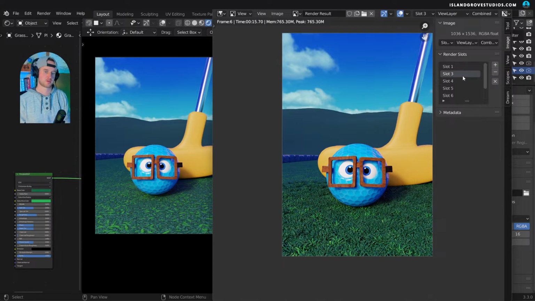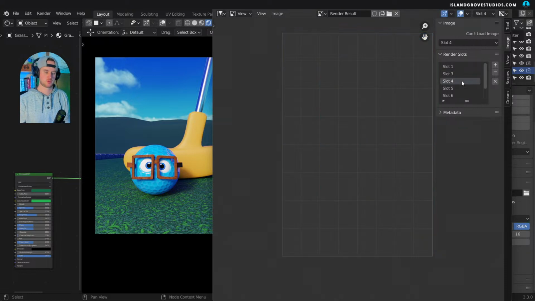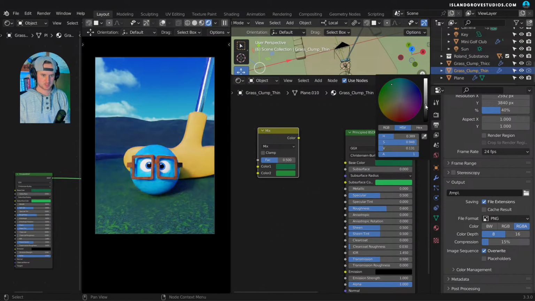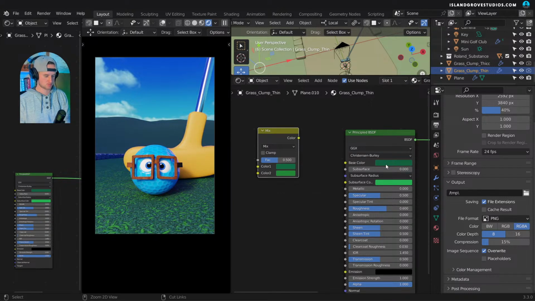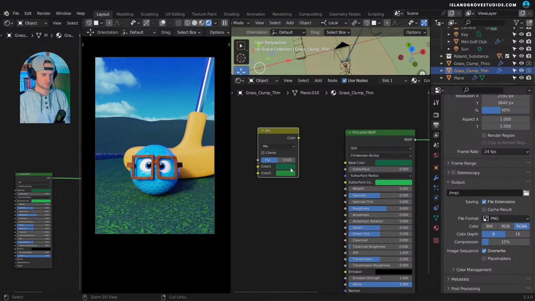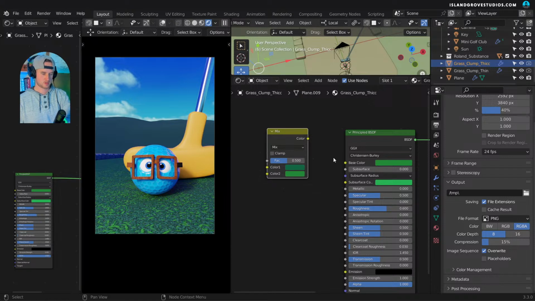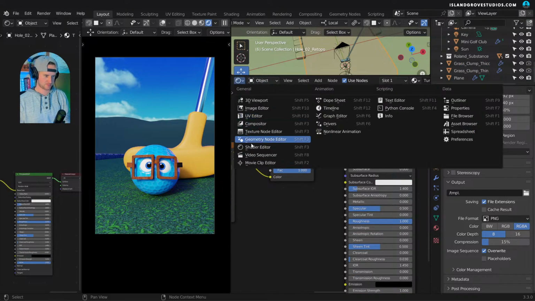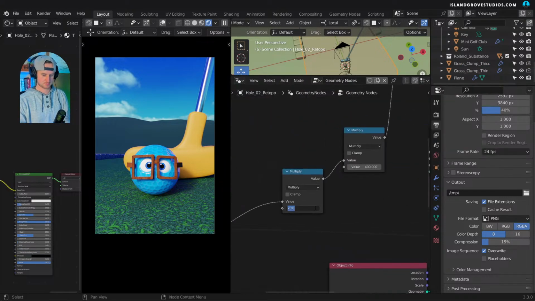The variety's pretty good. So I'm gonna do one more change of the darker one. Make it a little bit darker. Just trying to bring it back a bit more. This is probably too dark. Okay. And then I'm gonna go back to my geometry modes and bring up the amount of these ones back up to like